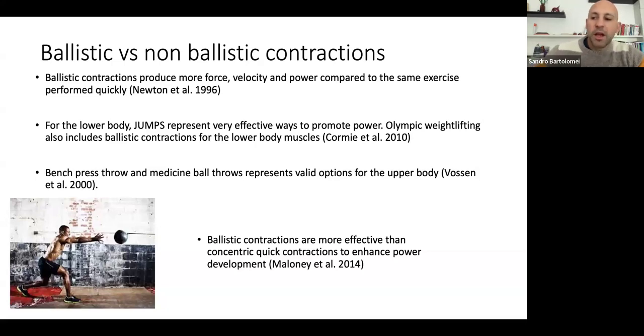Okay, very important. When you work out the lower body and the purpose is to increase the power of those muscle groups, it is important to jump, to perform jumps properly. Why am I saying to perform properly, for example, box jumps? Because many times, for example in CrossFit, I don't know if in Kfar Saba they perform jumps in this way, but most of the time they jump, but in order to be able to land on the box, they bend